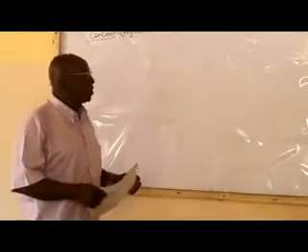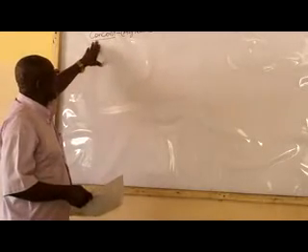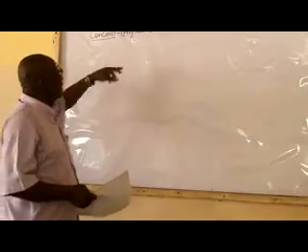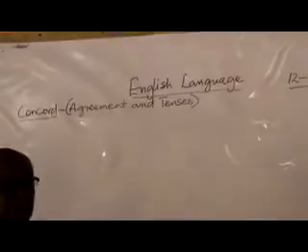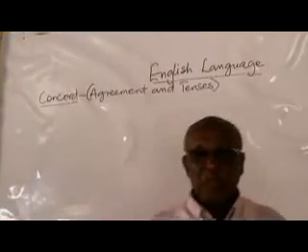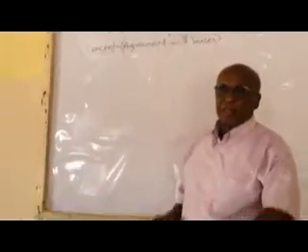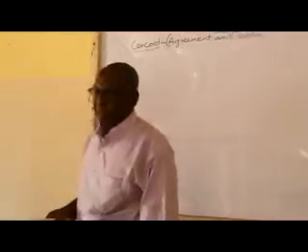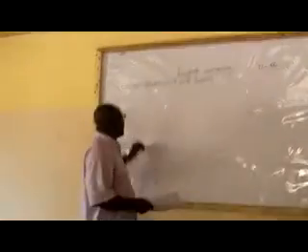What we are going to treat is what is known in the English language as concord. And concord, as you have seen written on the board, means agreement in tenses. There should be harmony when you are using words in English. They must agree. Now, what we mean here is